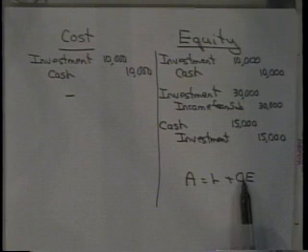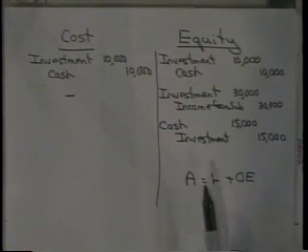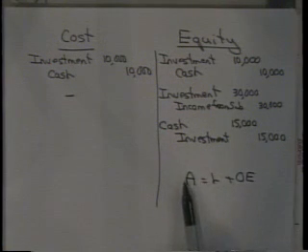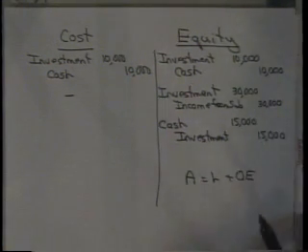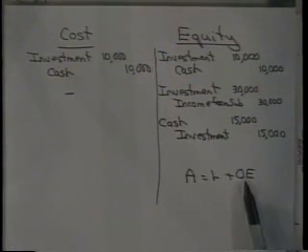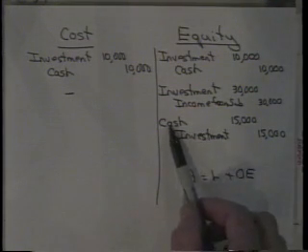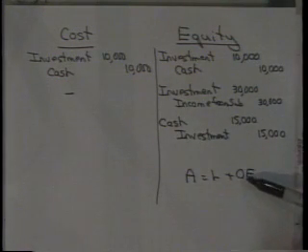When the equity of the sub goes up, my asset goes up, my investment. When the equity goes down, my asset goes down. So what makes equity go up? Making a profit. Then that would drive up my investment and give me income. But when they pay a dividend, the equity goes down. I'm receiving the cash, but my equity goes down. So the equity method, my investment rises and falls based upon my percentage of ownership with the equity of the